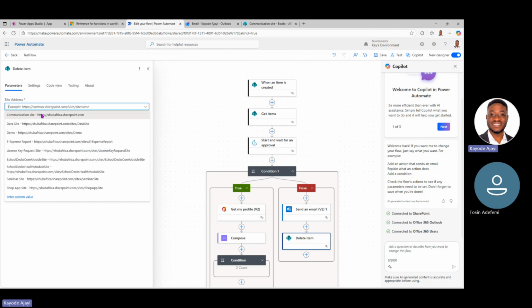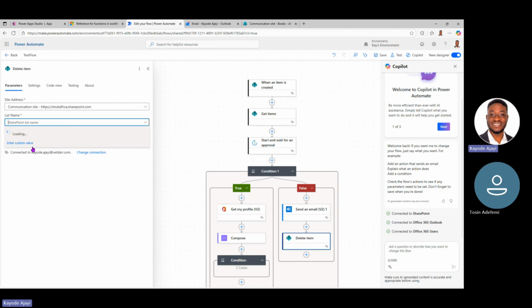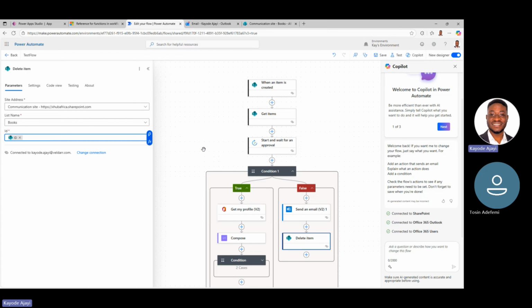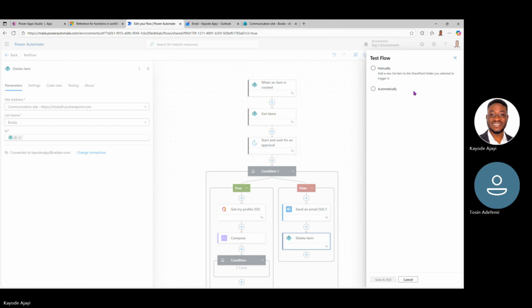So from the SharePoint side, delete item. And we're going to select what the site is, what the list is, then what's the ID. And we have the ID from this initial action of when an item is created. Okay, so now we are going to delete it if it's not approved. So if I say test, I will be interested to try and test with a previous action. So if I test with this one,